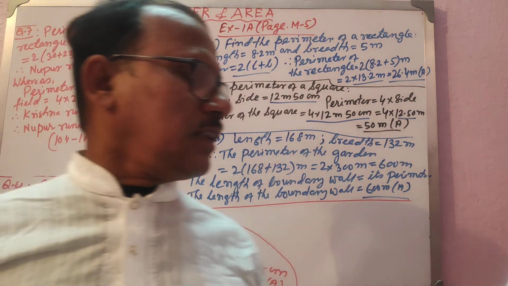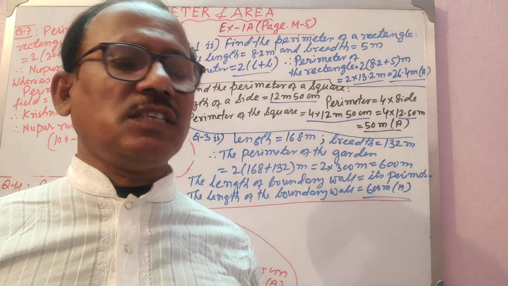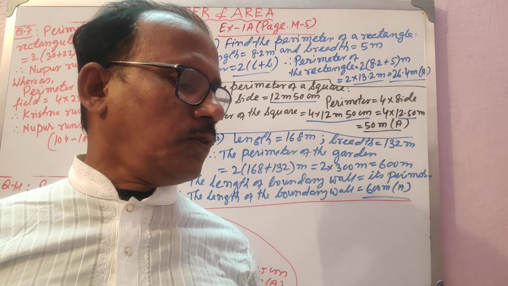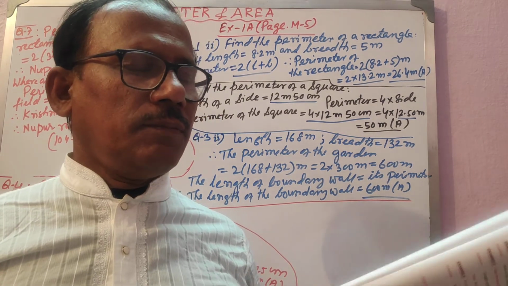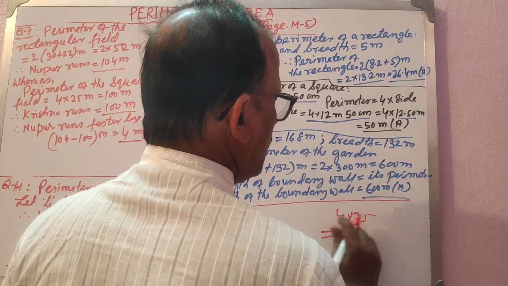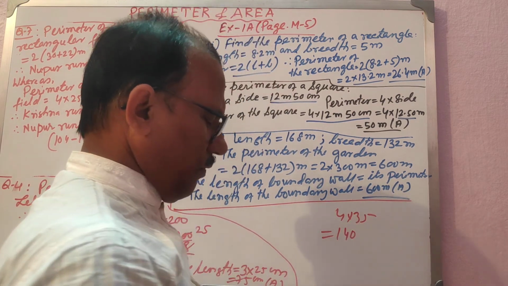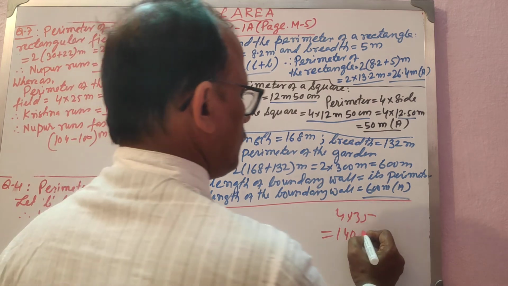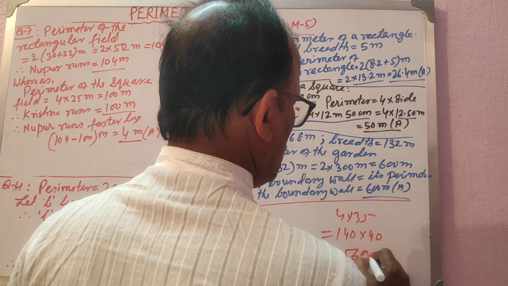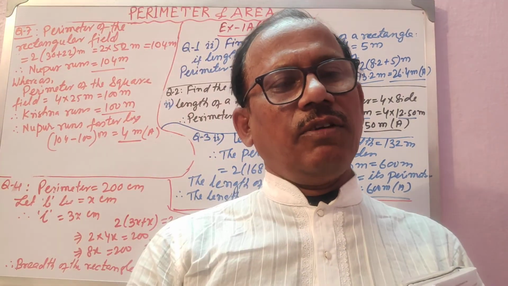Cost of fencing, the next question I will discuss. The cost of fencing a square field of side 35 meter, and a rate is given to you. First you find out the perimeter. Perimeter will be 35 into 4, which is 140, isn't it? 140 into 40 will be the total cost. That will become 5600. Okay, this much will be the total cost. Things are very easy. You can very well solve it.